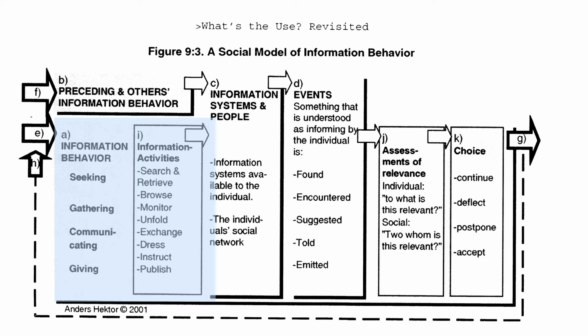He divides information behavior into 4 categories: seeking, gathering, communicating, and giving. That is, information behavior includes both the seeking aspect and other parts of the ways we interact with information, including coming to understand and organize that information, sharing it with others, and creating new information from it. The further subdivision into 8 information activities can help us to consider the different ways our users might engage with information, and therefore with libraries.